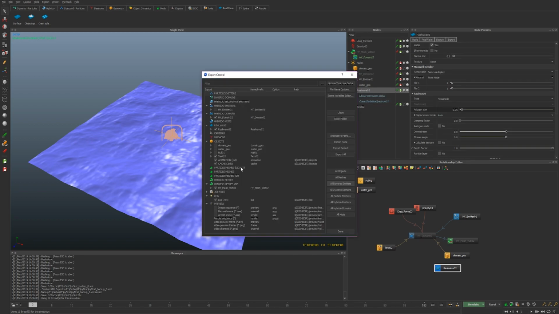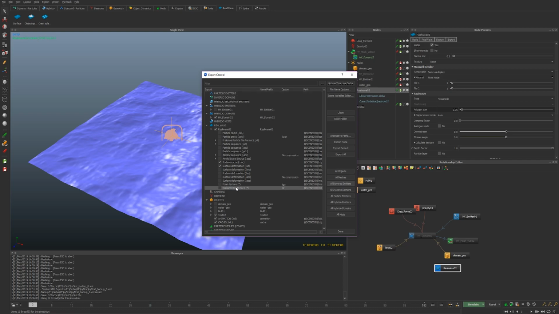I could use it if I just wanted a displacement texture. It's really useful for that. You can go down to displacement texture, and you see here that by default it's outputting a Realwave cache and a surface deformation, which you can import as a texture inside of your 3D app with the Realflow Connect. But the sweet thing is, setting a displacement texture, you can even get an EXR, a 32-bit float vector displacement,